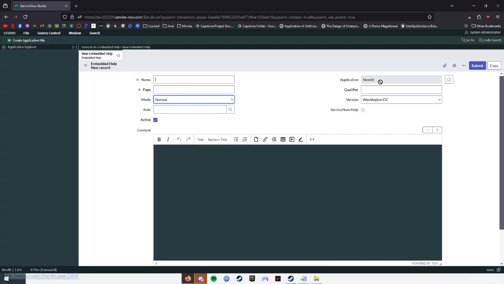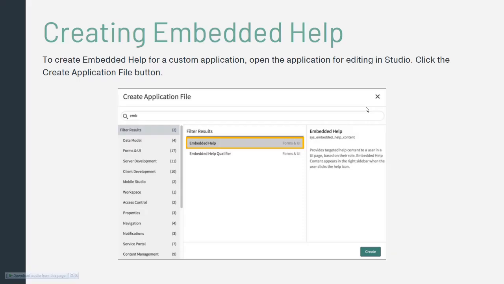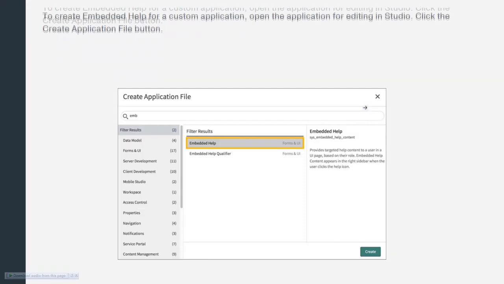Then the application, the qualifier, which specifies a help qualifier to determine which query parameter values are required to display the content page. We have the version and the ServiceNow help. And with this, we move on to